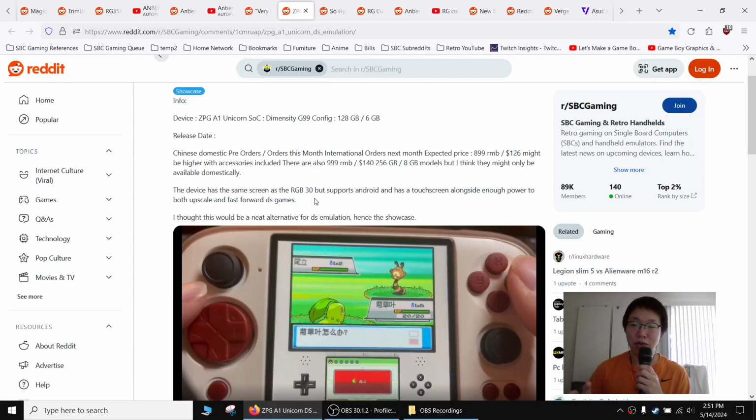This is local or domestic pricing. So roughly $126 for the 6GB model, and then $140 for the 8GB model. And that does not bode well for the foreign pricing. So foreign pricing is usually a lot more, and that might push it close to $200. So for the A1 Unicorn, there were a few listings on AliExpress that were supposed to be pre-orders from not the manufacturer, and somehow I'm taking that with a grain of salt, but they were roughly around